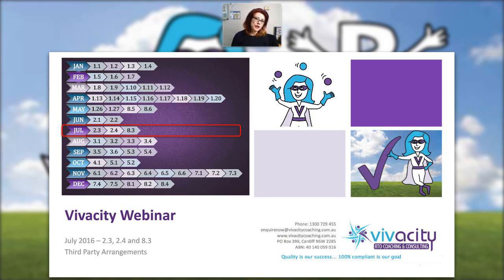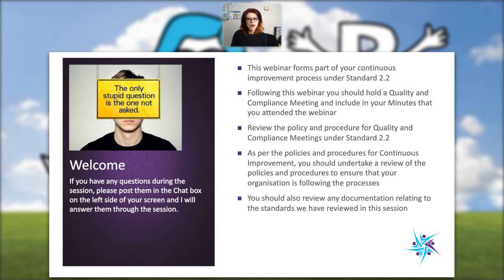But then there are also opportunities for you to make money out of having third-party arrangements in place. There are some RTOs out there who have third-party arrangements and they're not monitoring them properly, and they see it as a cash cow to make money on certificates. Basically, they're getting paid for printing certificates, but they're not monitoring those arrangements, and they're not ensuring that there are agreements in place and that the third party understands their rights and responsibilities when they're working under this third-party arrangement, which can cause huge risks within an RTO. So what we're going to go through is how we manage those risks.